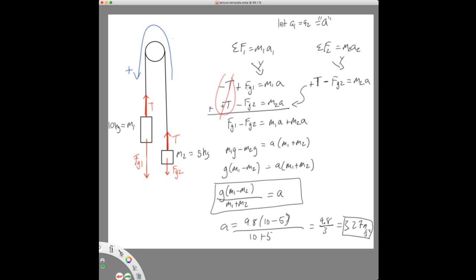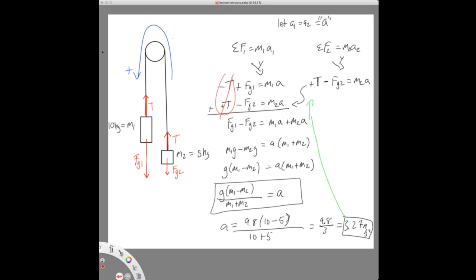combining equations to solve for unknowns. If we have done all of this work and we later want to find the tension in the strings to verify what I suggested, that it should be kind of in between this force and that force, we have acceleration now. So we could come right into this equation,